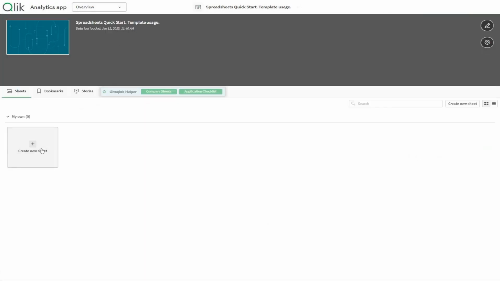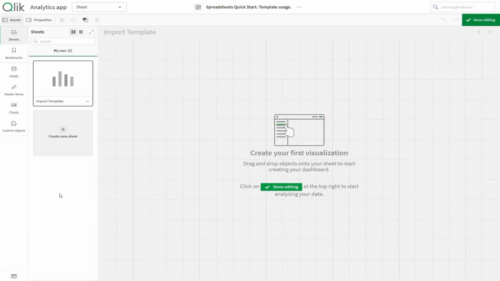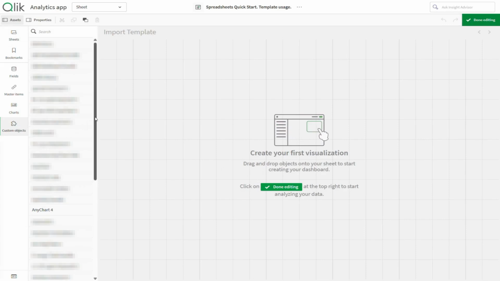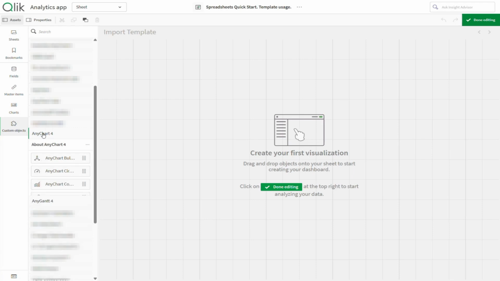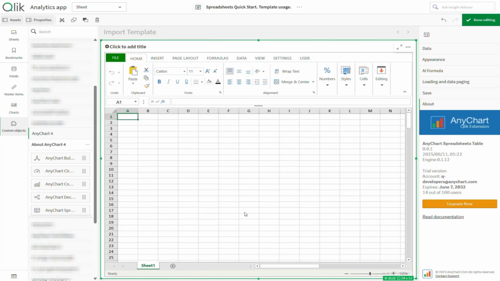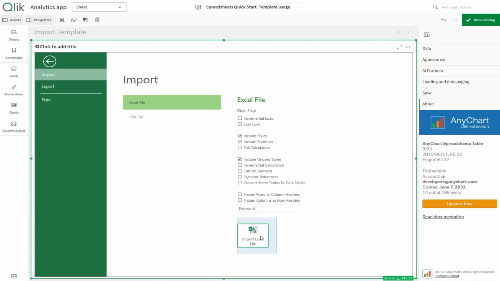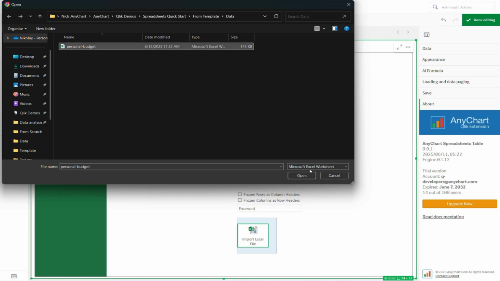Next, we'll create a new sheet in the Qlik application, name it accordingly, and open it. Then we'll enter edit mode and drag the Spreadsheets extension from the Custom Objects, AnyChart section onto the canvas. With the extension selected, open the File tab in the ribbon menu. Click the Import Excel File button and select our pre-built template, Personal